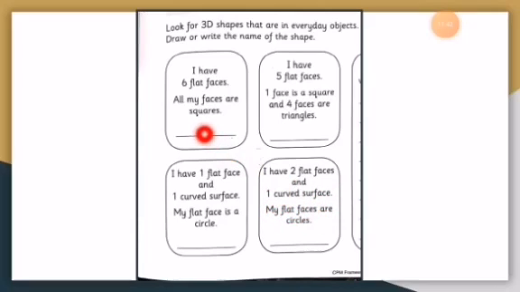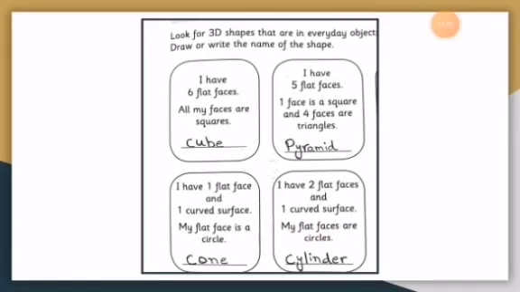So when you read the properties, and after that decide which shape it is, then on these lines, one by one, you will write down the spelling of those 3D shapes. Look at this. I have solved this part. See,